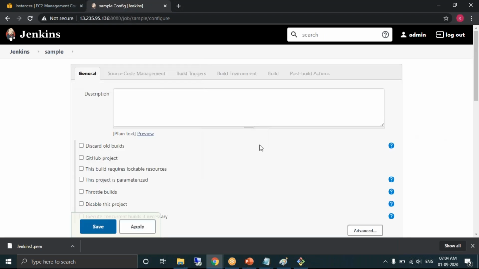So in Jenkins, observe here, we are creating a new job called sample job. This is how the job looks. It will have all these tabs: general, source code management, build environment, build, post build actions. I want to create a simple job to display a hello world statement, just to print a hello world statement. So I go to the build tab,